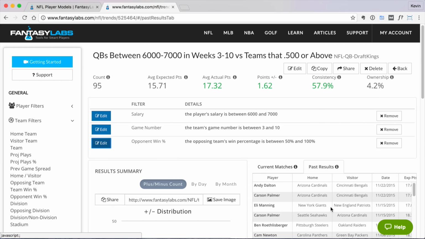You want to have your idea beforehand. Go into it and make that exact model. If it works out well, then keep it in your model so you can always look back at it and see if people meet that model each week. If it doesn't work out, just delete it and make another hypothesis, another prediction, and another trend, and see how that does. So that's how to properly create